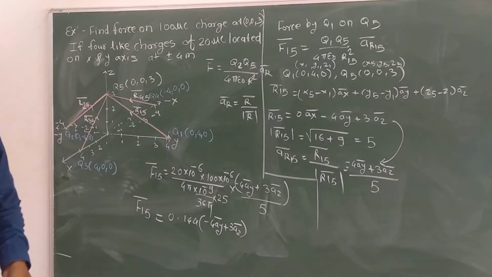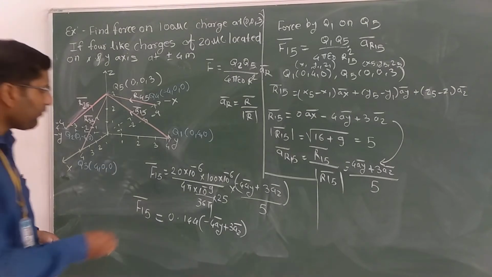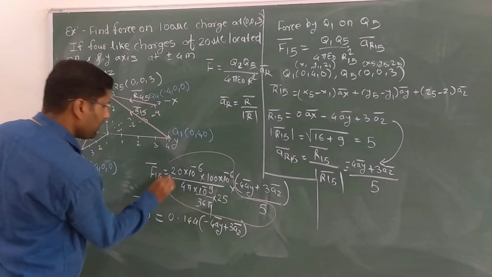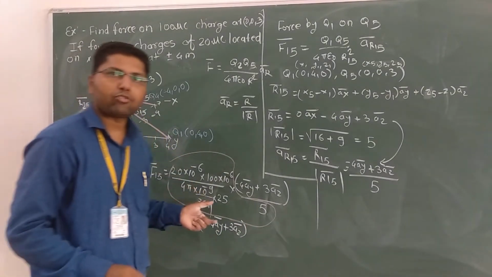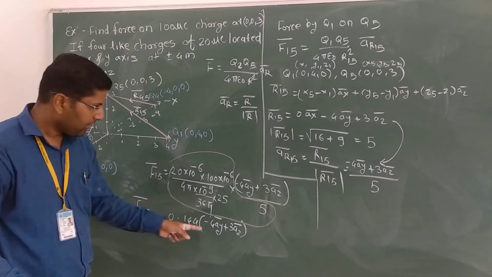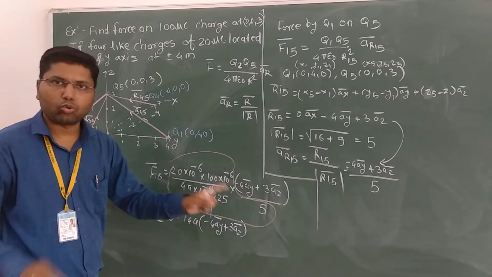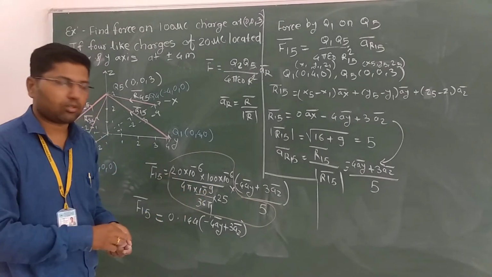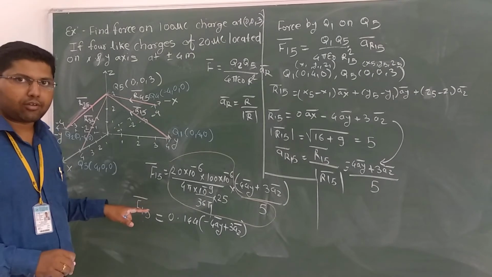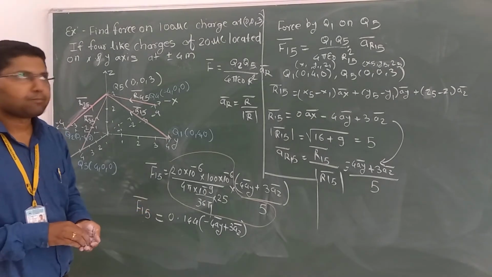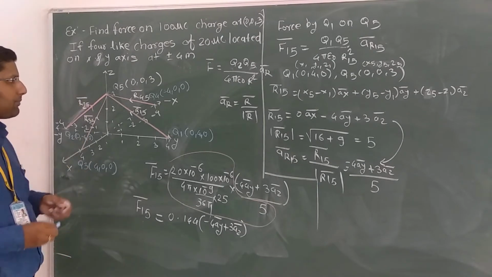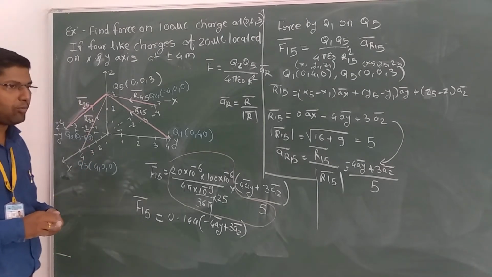What calculation do you have to do? You have to do calculation only for this. That much calculation you have to do, and just see if it is coming 0.144. Inside the bracket it should be as it is. Don't multiply inside, because I will tell you what happens next. So F15, I hope you have calculated F15 bar. Now we will calculate F35 bar.